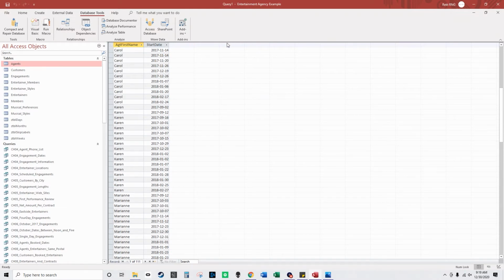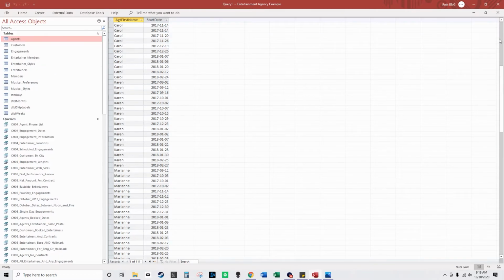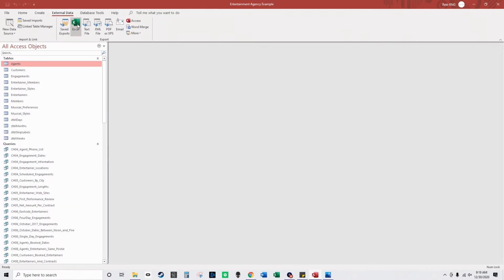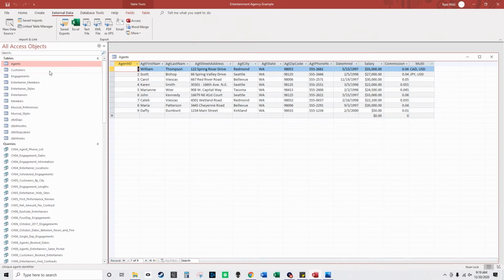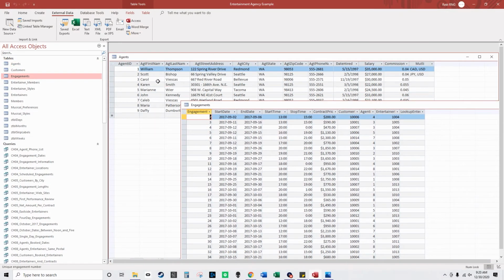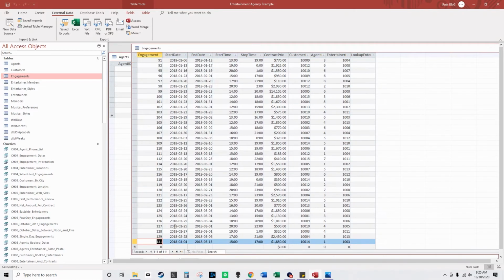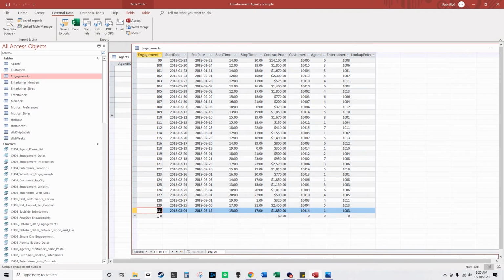Normally this has the menu up here, but the way this person designed this database, it hides everything. So let me just close this query out, and then go to Database Tools and pin this again. So if you open up your agents table and your engagements table, notice there are 9 agents, and for the engagements there are 111 engagements,